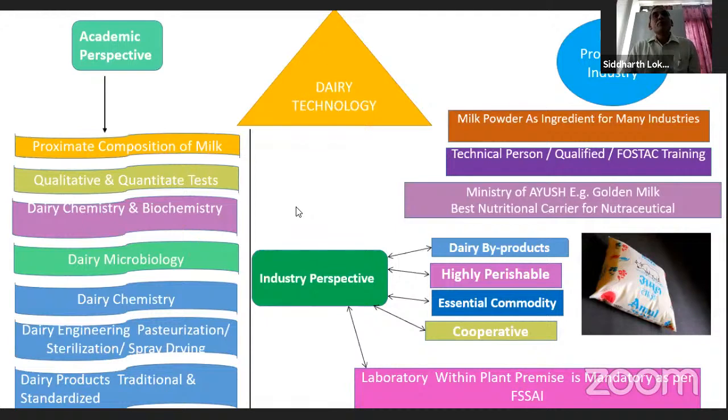And why is it so? Because the act itself has made some compulsions. Your premises must have a laboratory within your premises. So if a BTech graduate or any science graduate relevant to this field doesn't have sufficient knowledge of the analytical part of the commodity, then how will they get the knowledge? The FSSAI made it mandatory because it is one of the hugely consumed commodities throughout the country, and